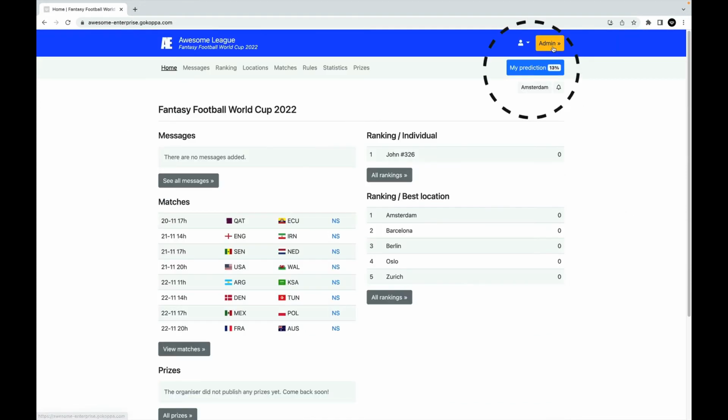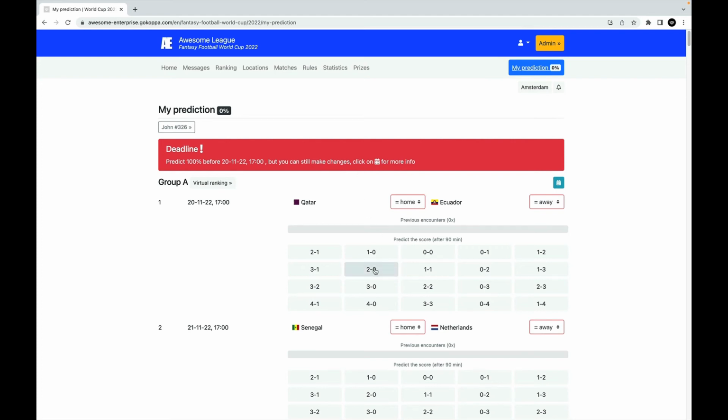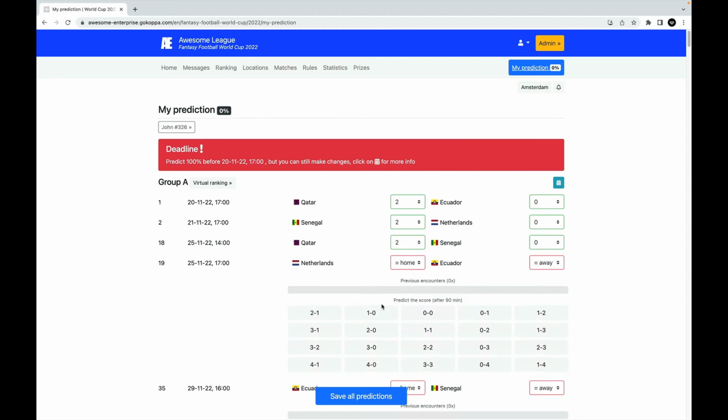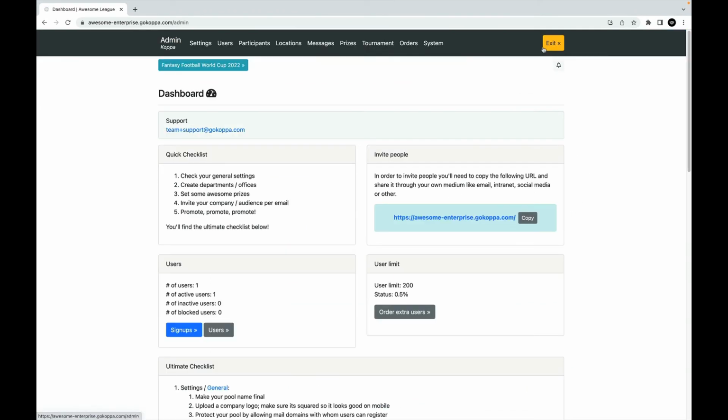Back on our main page, click here to get to the My Predictions page. Here's what option 1, the default, looks like. We fill in our predictions, and we're done. There's a warning at the top that we can make changes up until the start date, and that we need to fill in every game, but after that start date, it'll get locked in. You can click here as the admin to change that start date.